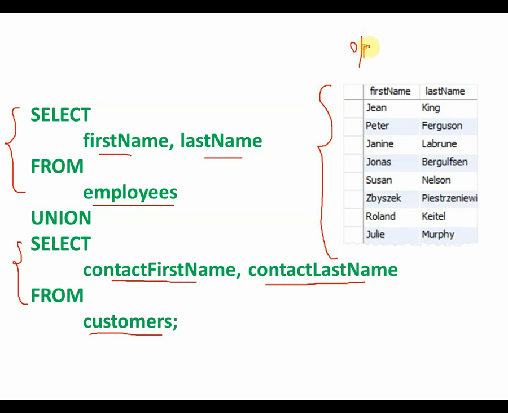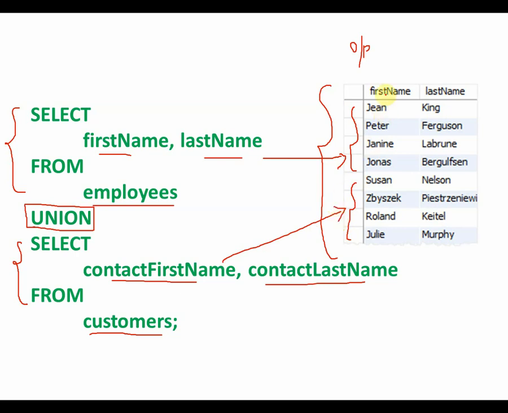Okay. Now the union keyword is very important. This is the keyword which performs the union of both the queries. So suppose these 4 lines are an output of the first query, and suppose these 4 lines are an output of the second query. They are then combined together in the final output or the final result set.